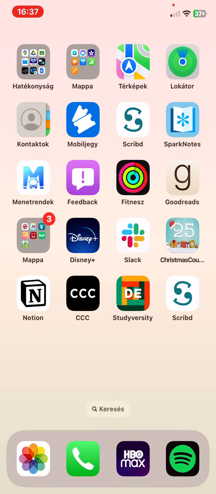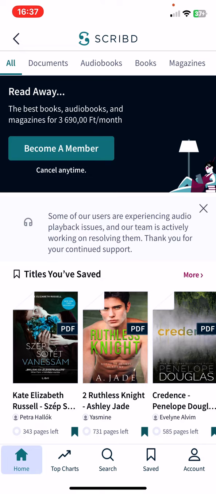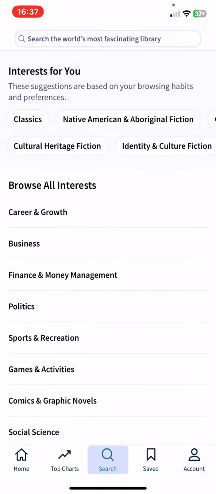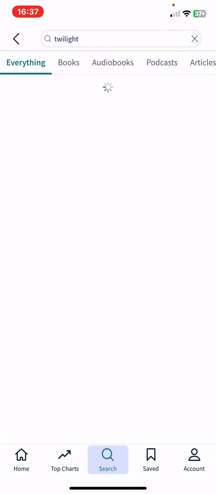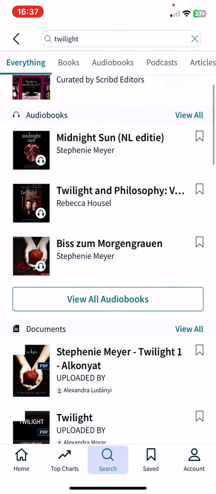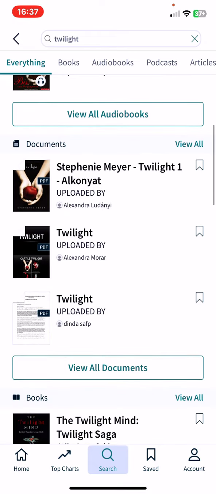First of all, open the application on your phone. Then click on the search button and just search for a random book. Then scroll down, and if you see that it's available in either a document or a book form, then just